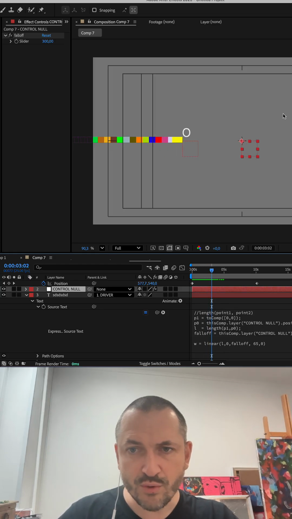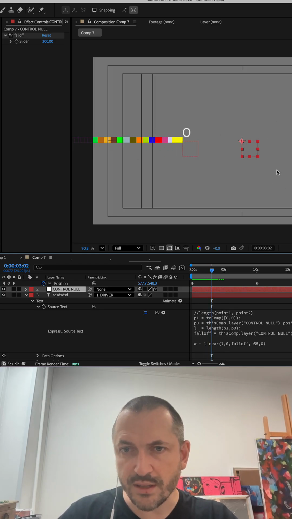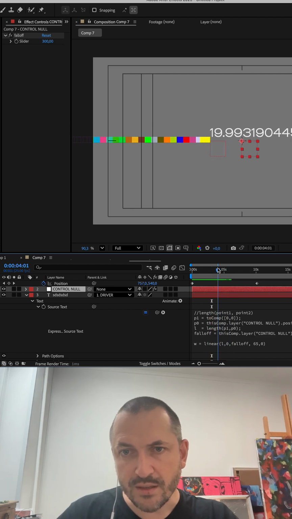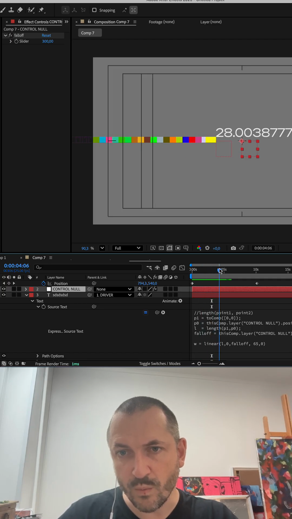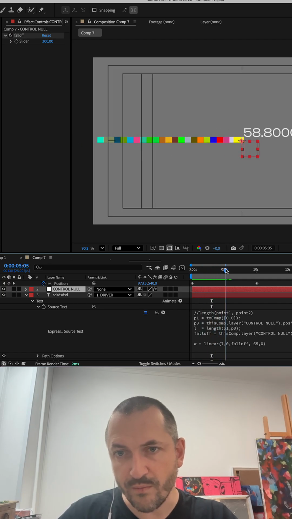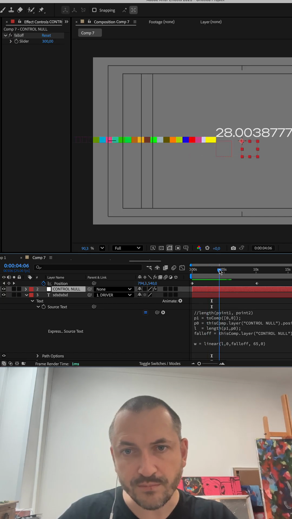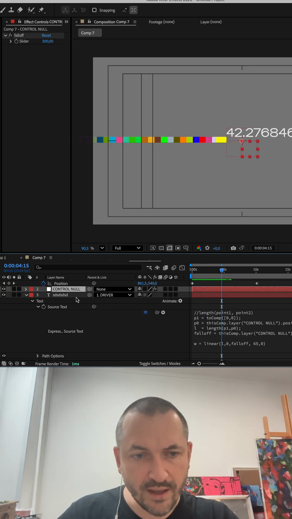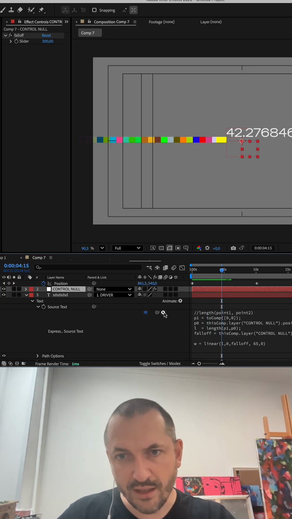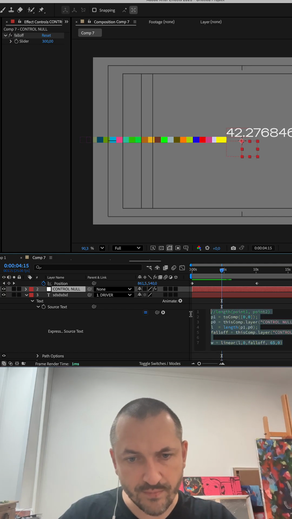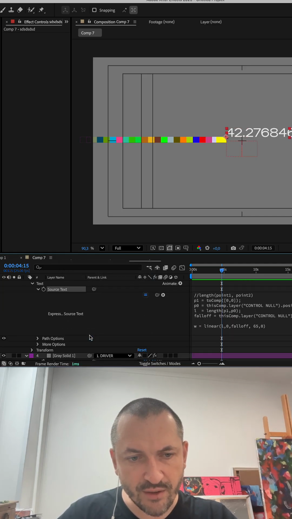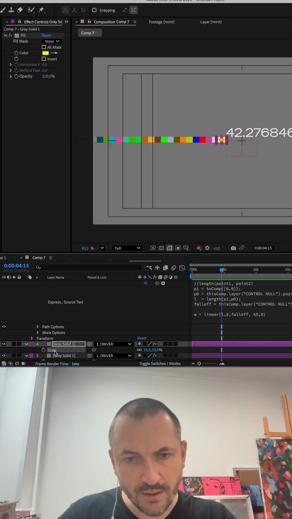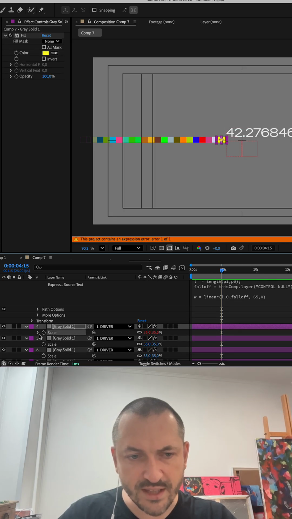Sometimes I even make a circle just for me to understand the size of the falloff. Easy to understand. If we're far from here, 0, nothing happens. If we're close to it, it will be 58 or more. So actually we can copy this code to scale, and the scale part is ready. The scale part is very, very easy.